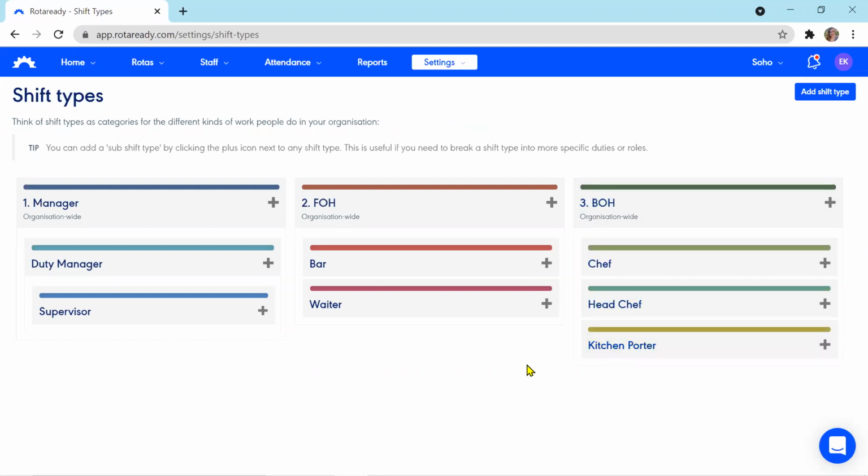For your information, you can actually have as many shift types as you like. You can easily have tens of them, or as few as we have here in this example. This is fully down to your business and your needs. Cool. So if we look at these existing shift types here, we can actually see that they are organized by